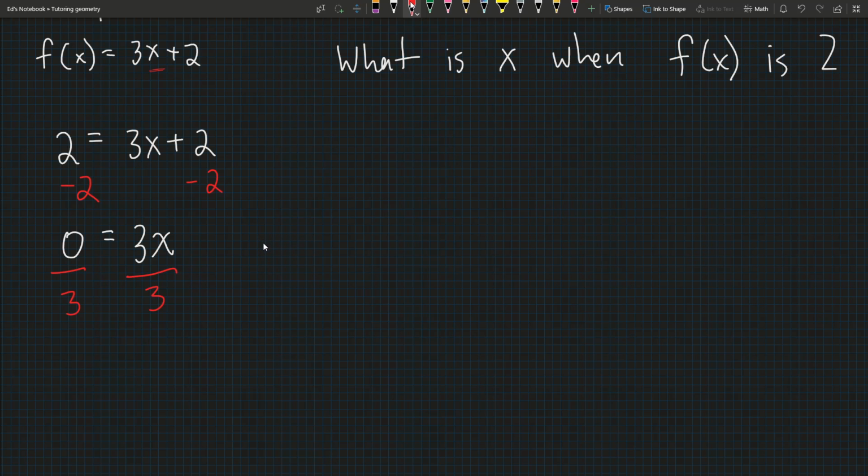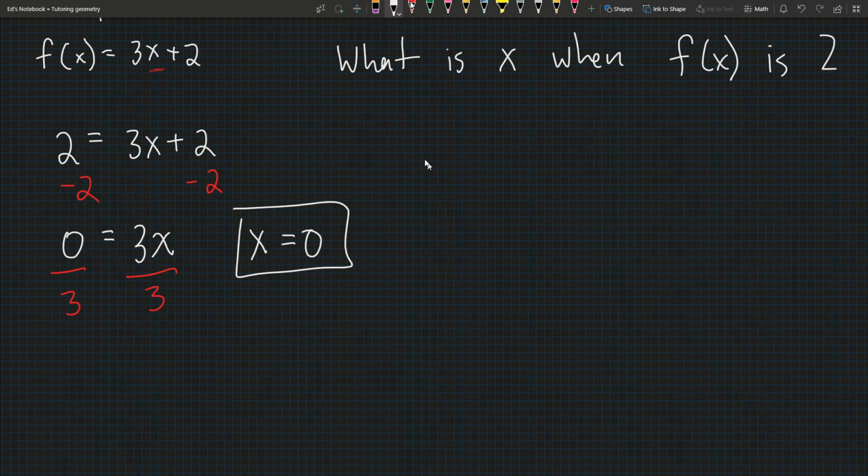If I have no money and I divide it into 3, I still have nothing, sadly. Equals x. So that is my answer. Usually you want to write it actually like put x on the left. It's just tradition to write it like that. All right, very good. And then we'll try one more of these, and I'm going to let you guys do